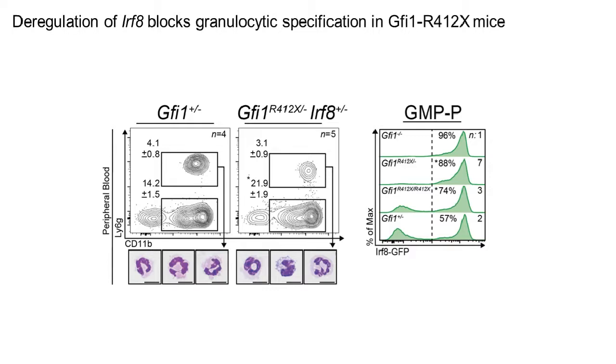And although at the IRF8 het level, granulopoiesis is partially restored, those neutrophils remain abnormal. Additionally, if we breed the IRF8 GFP allele into our mutant mice, we find a significant deregulation of IRF8 in both GFI1 knockouts and our R412X mice. However, the homozygote mice have reduced levels of IRF8. This links both of these genetic rescues together and highlights the importance of repressing IRF8 to allow for granulopoiesis to proceed. However, repression of IRF8 and rescue of granulocytic specification is not sufficient to repair post-commitment defects in the neutrophils,